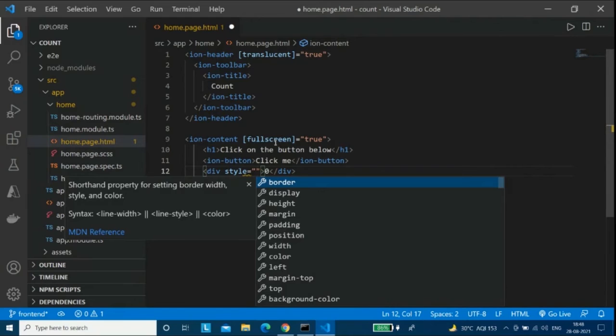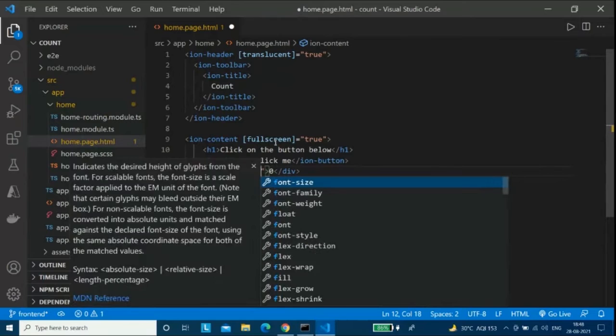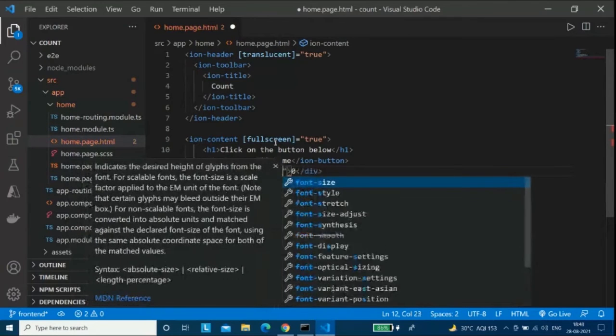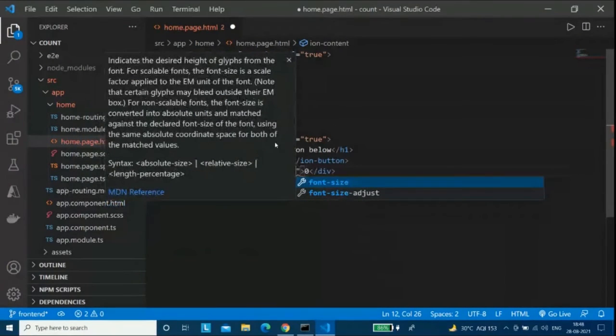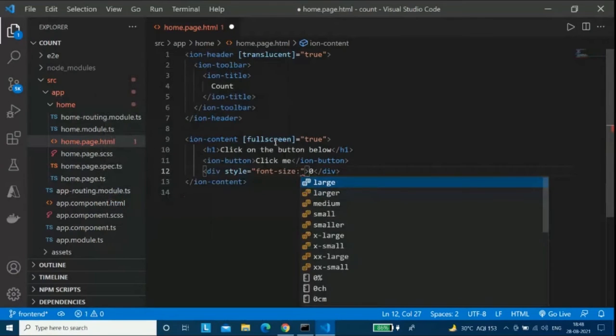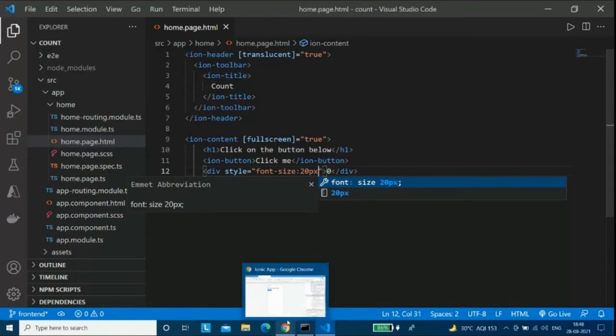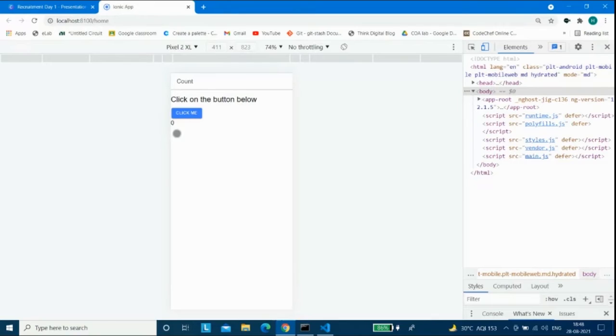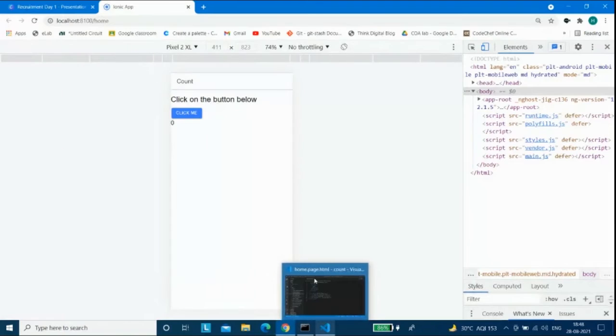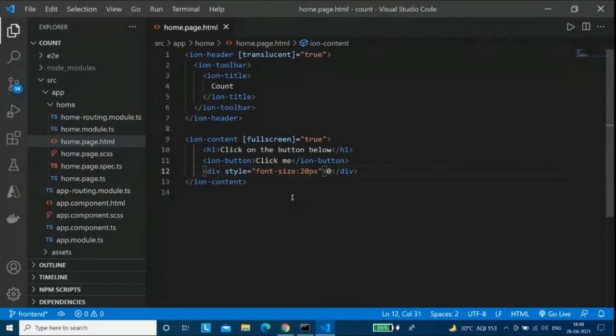Great. So style, and what I want in this style is to increase its font size because it was very small and I was not able to see it properly. So I'll go with font-size, which I'll put colon and 20px. I think 20px will be good. And I'll just go to my CSS and I'll see, okay, so its size has increased a bit, and that should be great. It must be visible to everyone, hopefully.